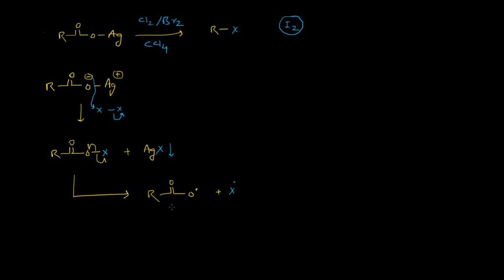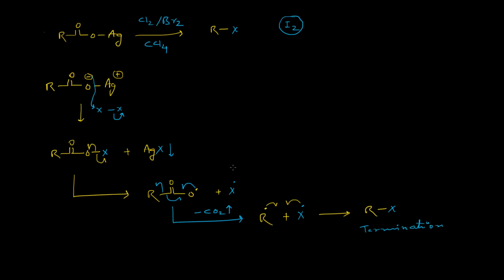So now this carboxylate free radical will undergo a decarboxylation like this, and we will get the R dot, which is a carbon radical, and it will then combine with our previously formed halogen radical, and like this the alkyl halide will form. Actually, this step is basically the termination step of this radical reaction,